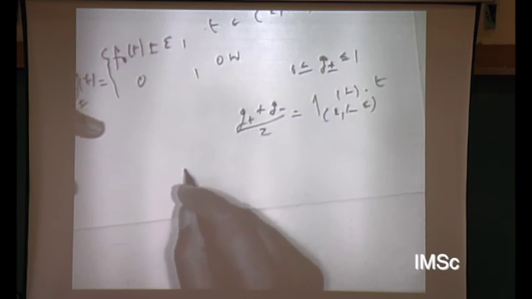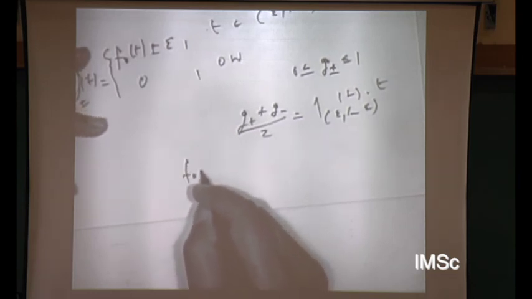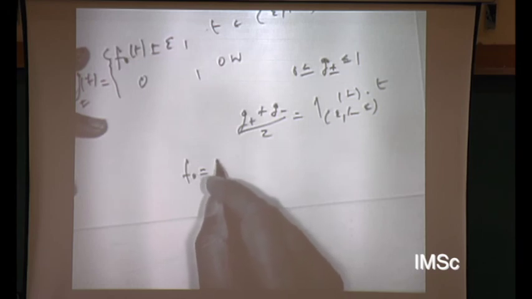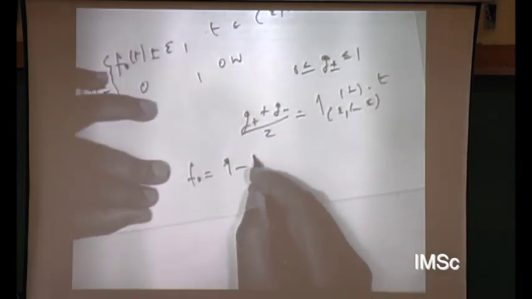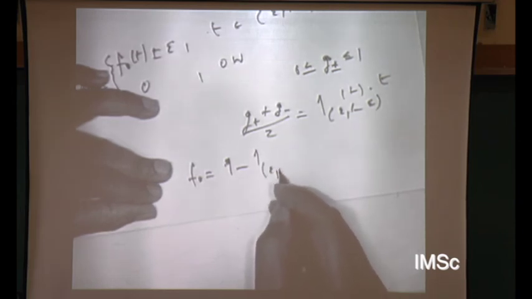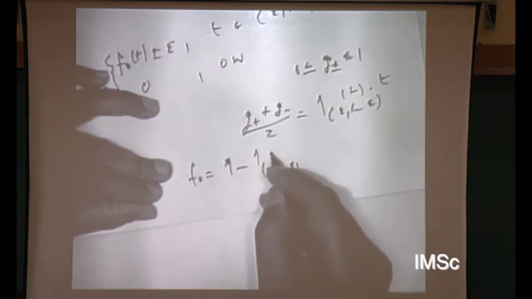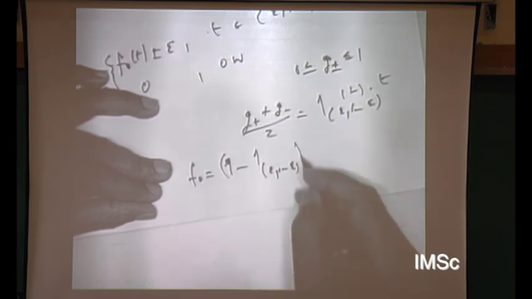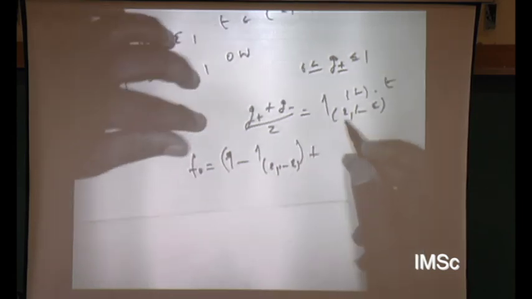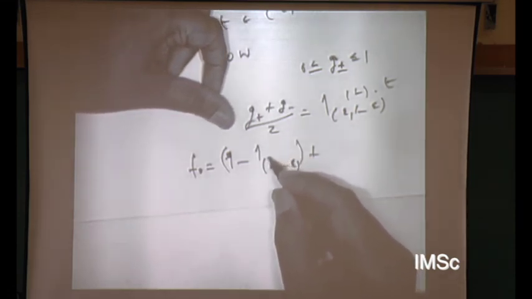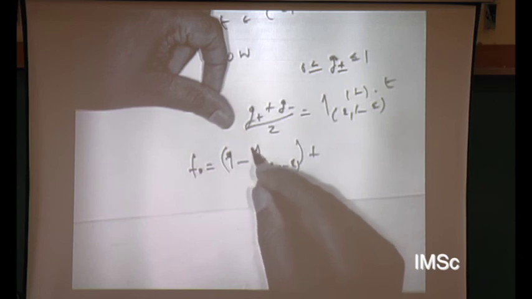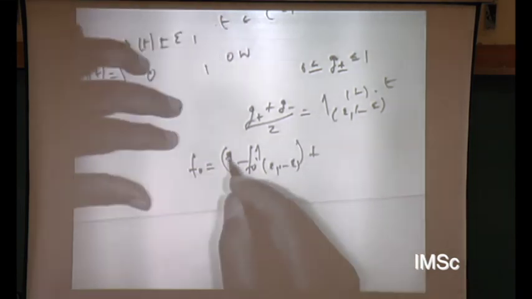But now I can write f naught as I retain the remaining part, 1 minus